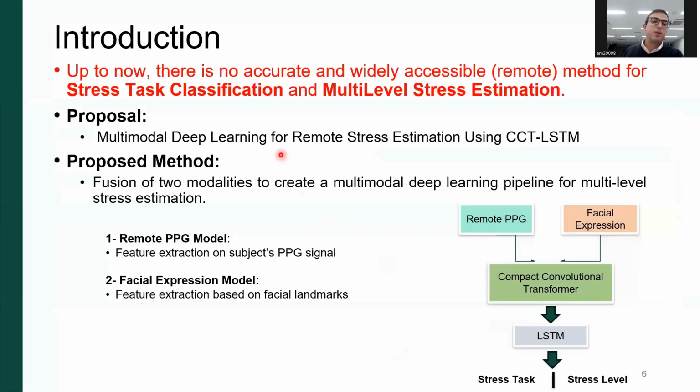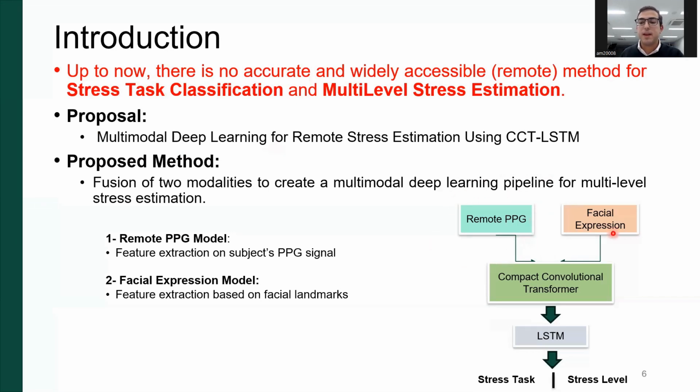So now we want to come up with a method that is accurate, widely accessible, and remote. It can be done with your phone's camera or your computer's camera, both for stress task classification and multi-level stress estimation. We want to know what task is inducing the stress, and also the level of the stress. So our proposal is multimodal deep learning for remote stress estimation, and our pipeline has two modalities: